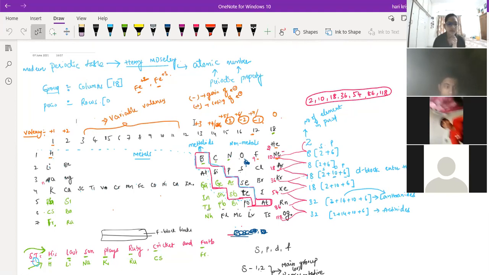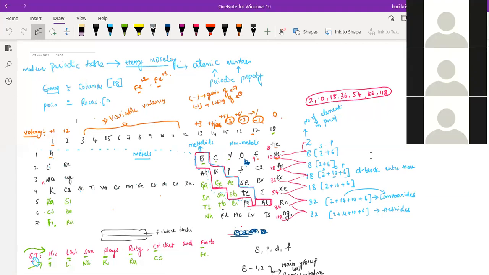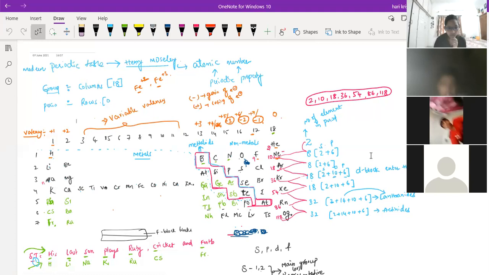I said valency is -1. But if you see compounds like Cl2O7, it is showing +7 also, right? Yes, sir. So the maximum oxidation number of the halogen family is +7, except fluorine. Fluorine always shows -1 only. The remaining can show a maximum of +7. Noble gas is always 0 only. There is no other chance. Is it clear? That is the maximum value for each and every group. I'm telling you only the maximum values, not the exact values that it will show.